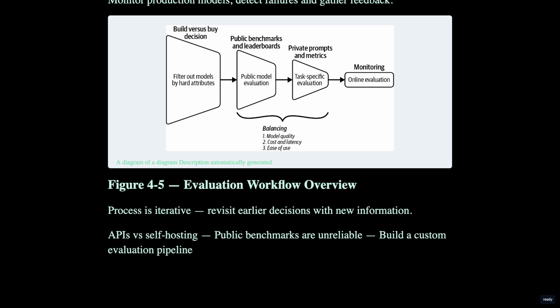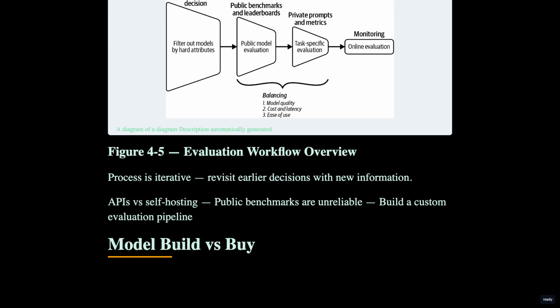Next, we'll examine why public benchmarks are often misleading and conclude by showing how to design your own evaluation pipeline with prompts and metrics you can trust. We'll compare building a model in-house with buying or licensing one. I'll highlight the main trade-offs: cost, time to production, control, and operational risk, so you can judge which path suits